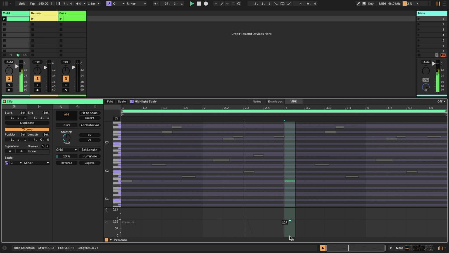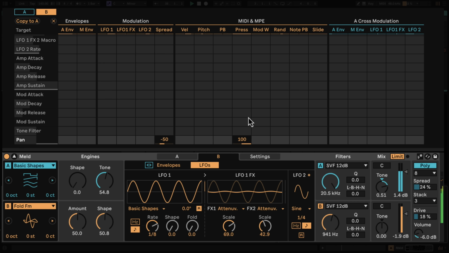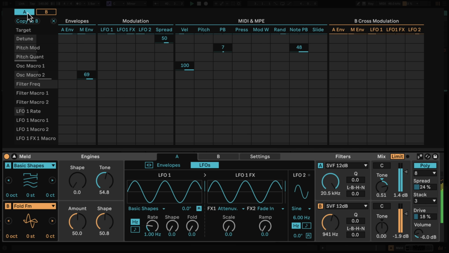There we go. I can also copy all my mappings from Engine B over to A and vice versa. We can also just clear all the mappings immediately by hitting the X here.